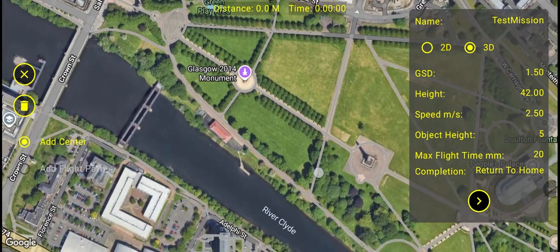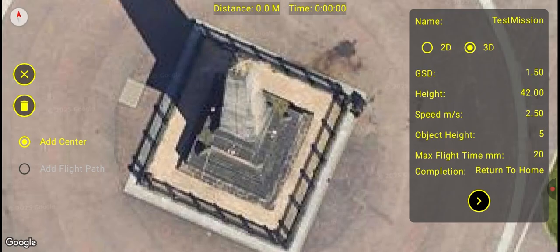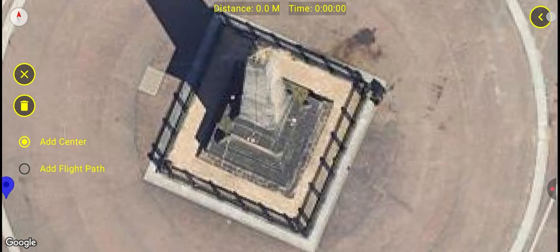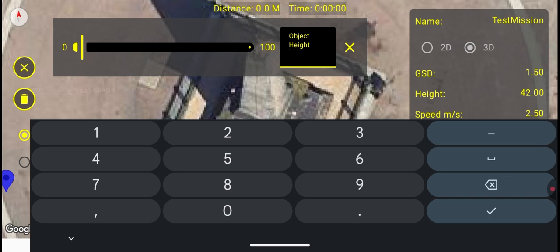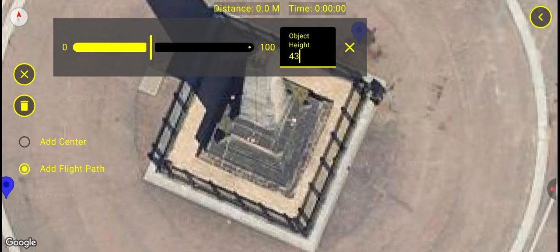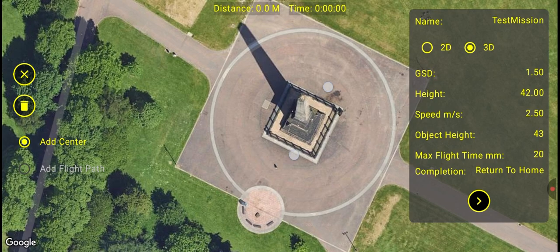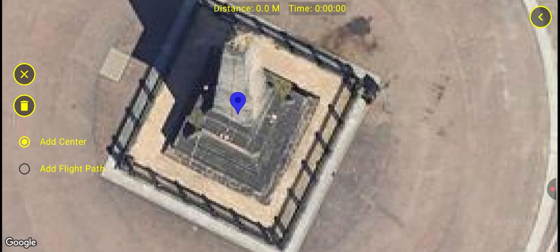Right, so now let's look at creating a 3D flight. So I'm going to zoom in. This is the Needle in Glasgow Green. Now I happen to know it's 43 meters high. So that's the object height set. I'm now going to add a center, and we go to the middle of the needle, and I'm happy with that. So I'm now going to select add flight path,